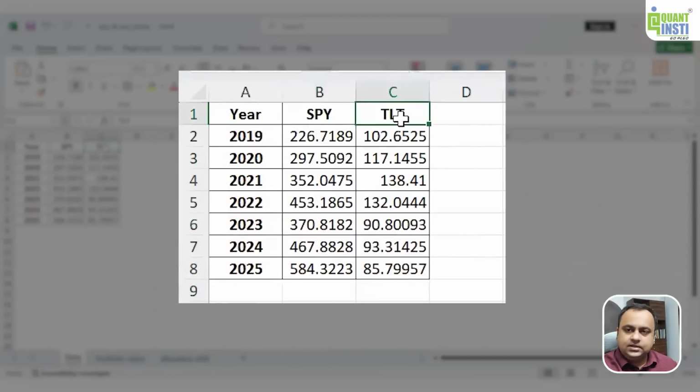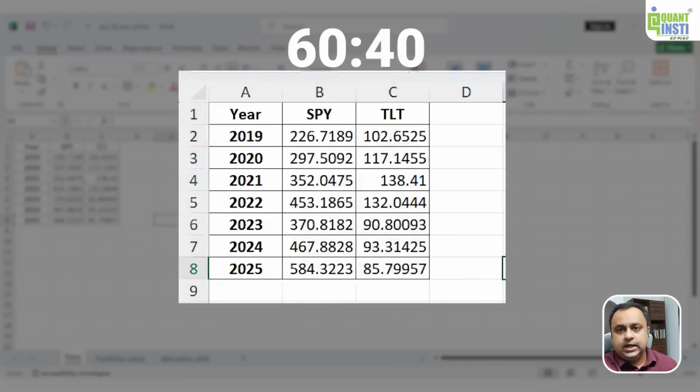So here I have yearly frequency data for SPY and TLT. These are the Y Finance ticker names for two ETFs. SPY stands for the ETF which represents the S&P 500, so that is for equity. And TLT represents bonds. So what we are going to do is use these prices and understand how a 60-40 allocation, 60% to S&P and 40% to bonds, of a traditional portfolio tends to work over a period of time.